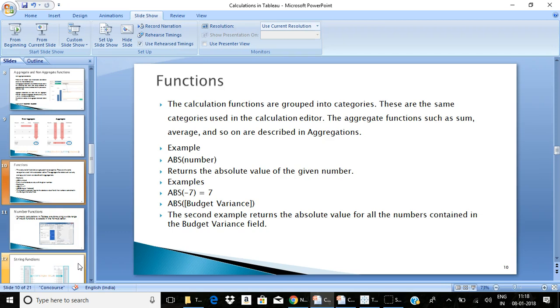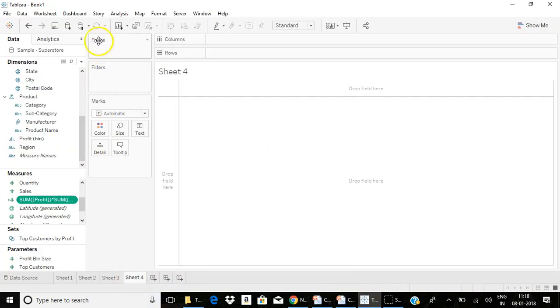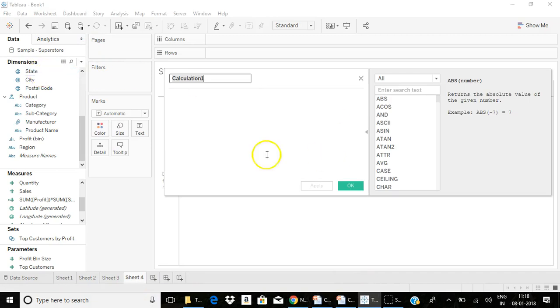Aggregate functions such as sum and average each have their own example and explanation. When you are creating any calculated field, if you go to the calculation editor, you will be able to see all these functions. For number functions, you have absolute, acos, asin, ceiling, cos, degrees, division.